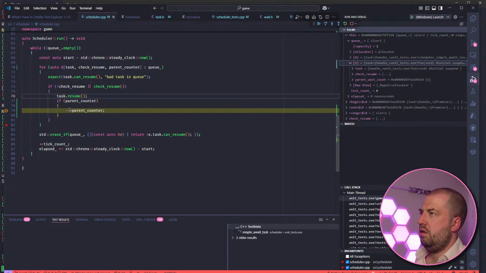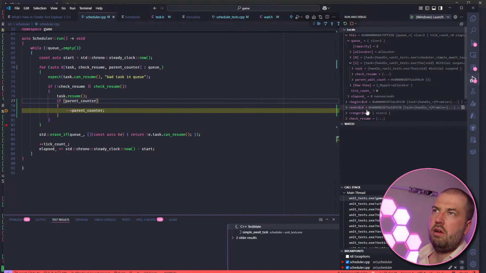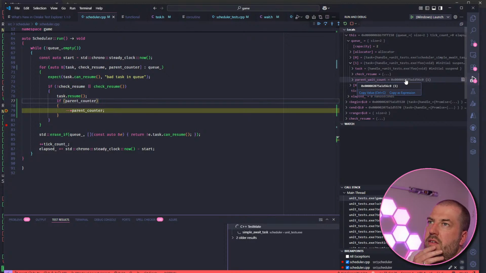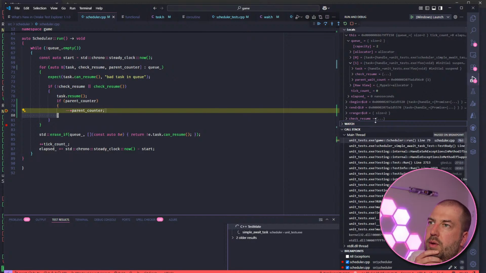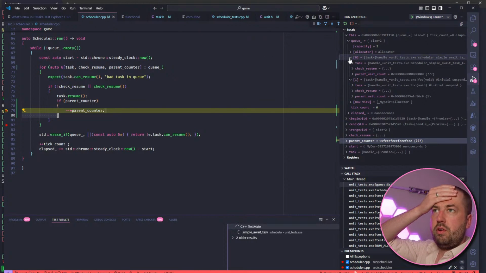Have I got my precedence order? Have I done the thing where you rewind the pointer? No, because that wouldn't make sense. No, the pointer's parent wait. Why is parent wait counter a valid address here, but the local one is different?